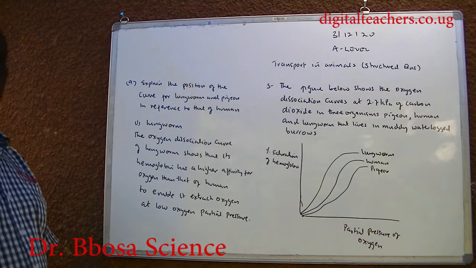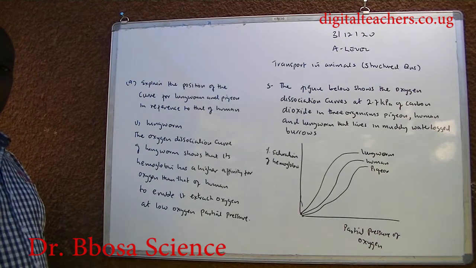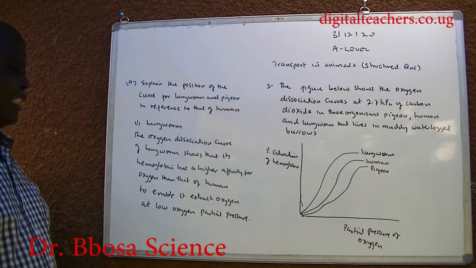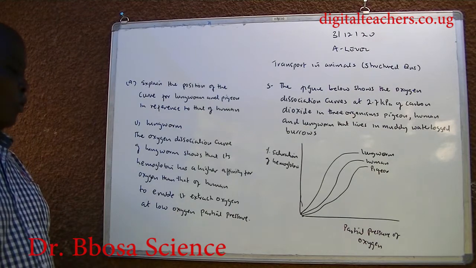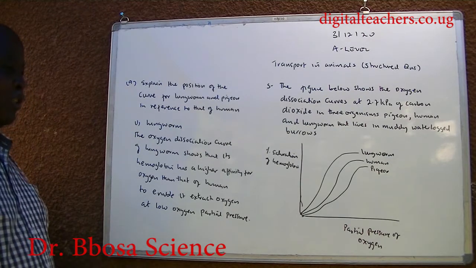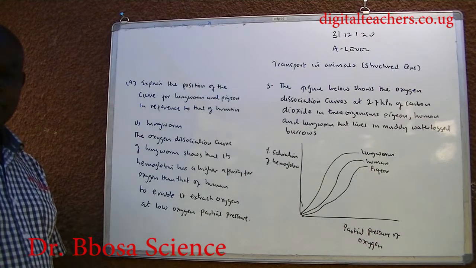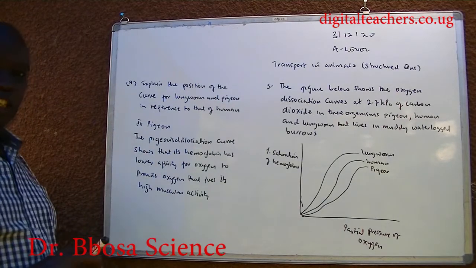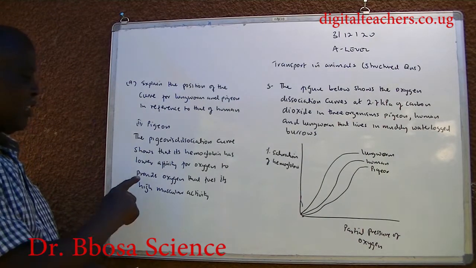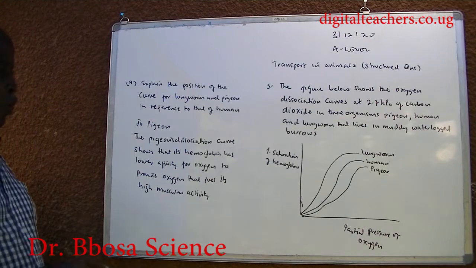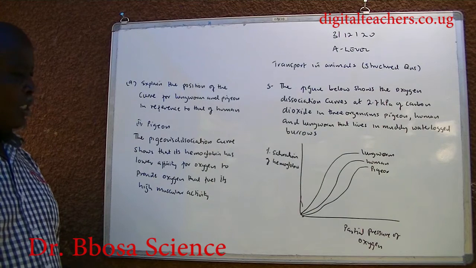The oxygen dissociation curve of lugworm shows that its hemoglobin has a higher affinity for oxygen than that of human, to enable it to extract oxygen at low partial pressure in the mud. The pigeon's dissociation curve shows that its hemoglobin has a lower affinity for oxygen, to provide oxygen that fuels its high muscular activity